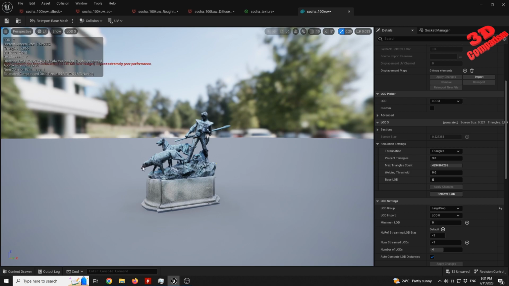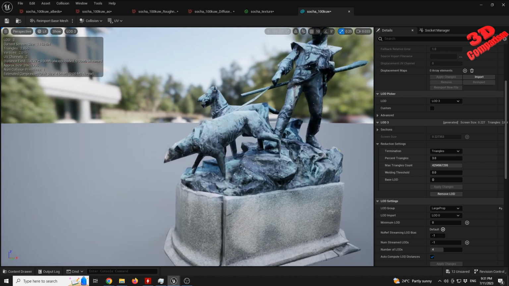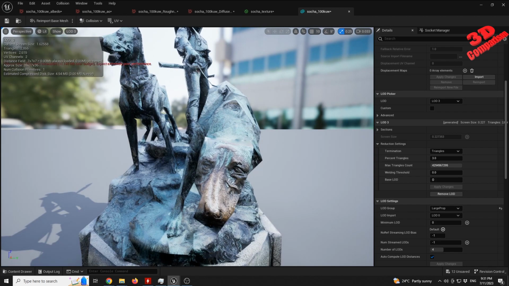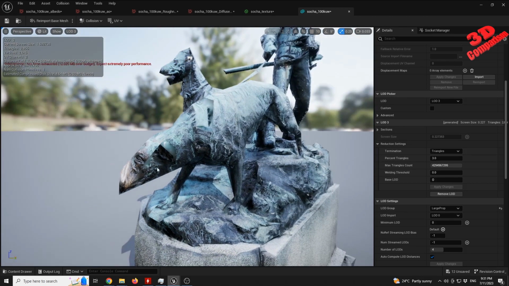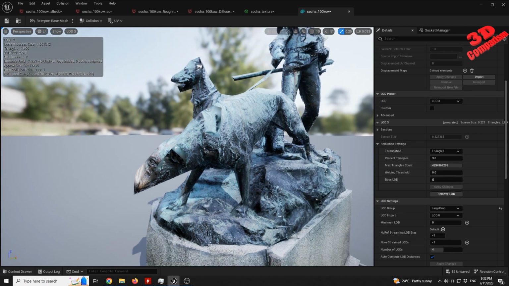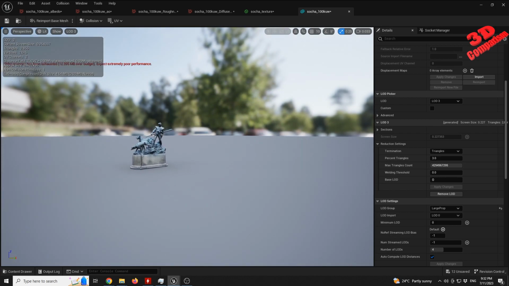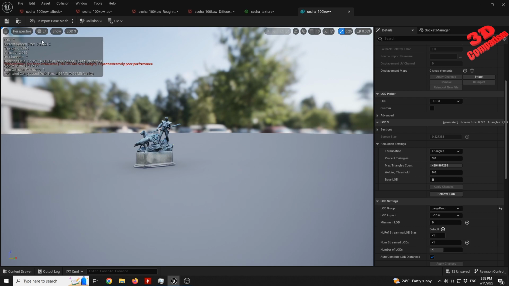We're gonna see that this dog also has been heavily deformed. So if you take a look at his head, all those triangles are really visible. But now we can define when exactly we want LOD 3 to be available. So regarding this current screen size,